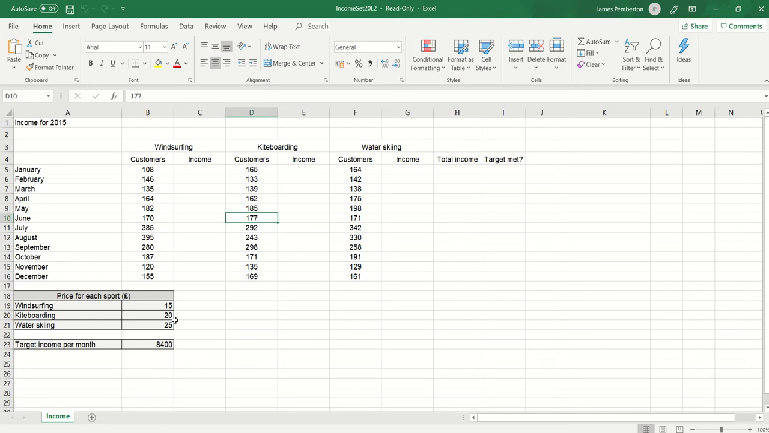One thing that I know that I'm going to have to use is absolute cell referencing, because I know that the price for a sport is just in one cell. So I'm going to click into cell C5, press equals, to tell the spreadsheet that I'm going to do a calculation. I'm going to click cell B5, the number of customers, times by the price of windsurfing, which is cell B19. And I'm also going to press